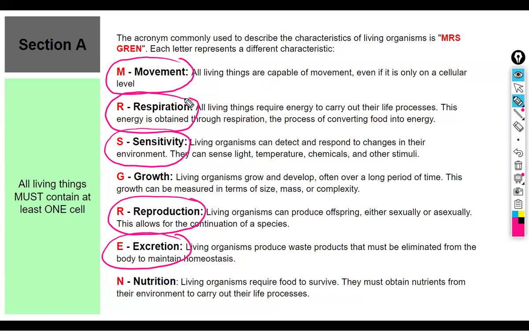The answer is no. For something to be alive, it must display all 7, not 5, not 6. It's all 7 or nothing. It's literally that strict, right? All 7 or nothing, right? If it missed 1, it's dead. It's considered by scientific rules that it's dead.